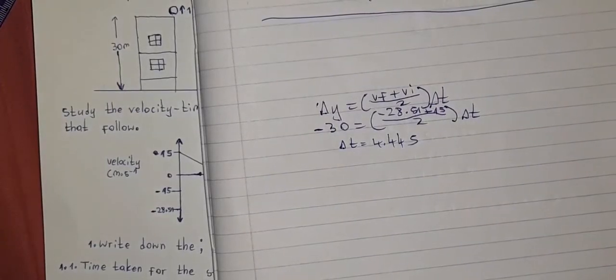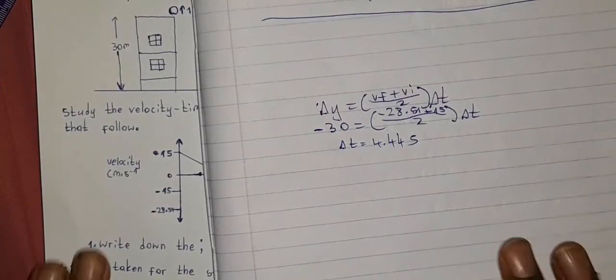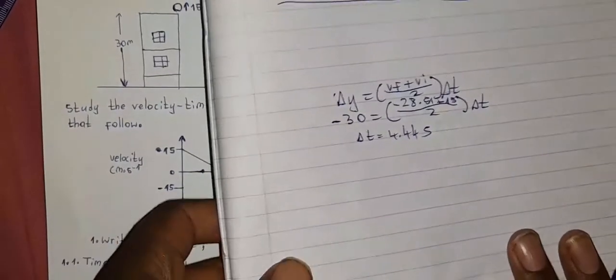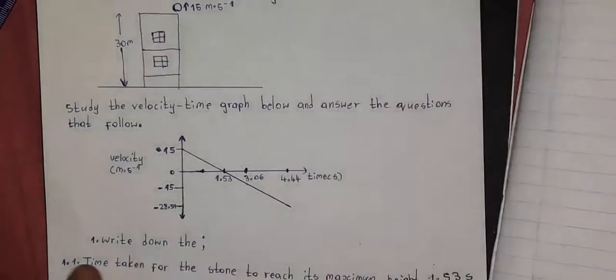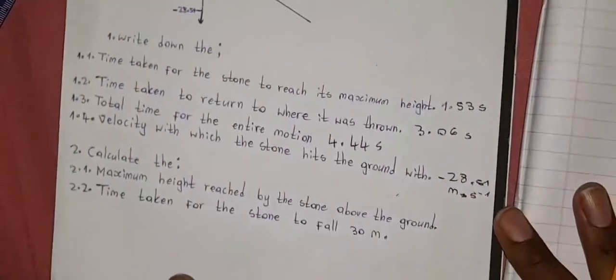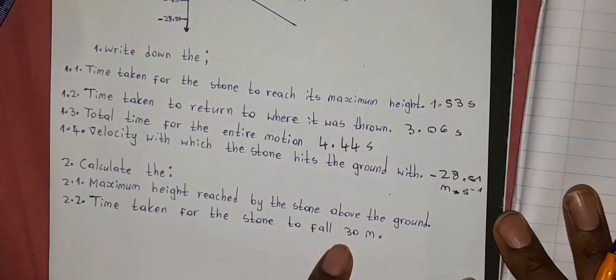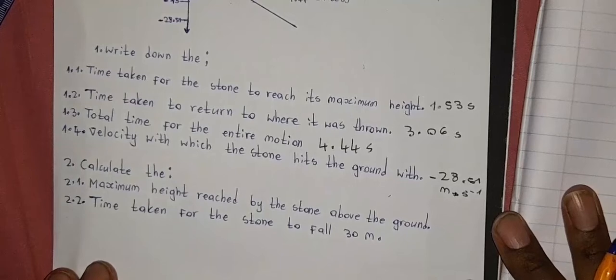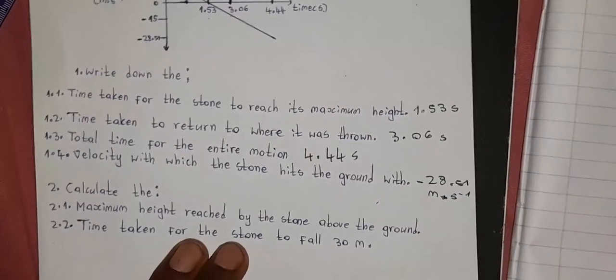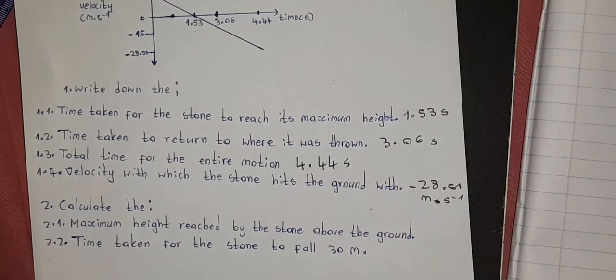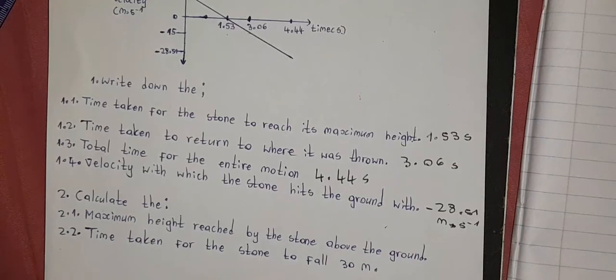So I think we are done with this question, and you can see how easy it is to answer these questions here. It's very, very easy. So it says calculate the time taken for the stone to fall 30 meters. Yes, we answered it. So it's 4.44 seconds. And yeah, let's wrap this up, and when we meet again, we will talk about the position